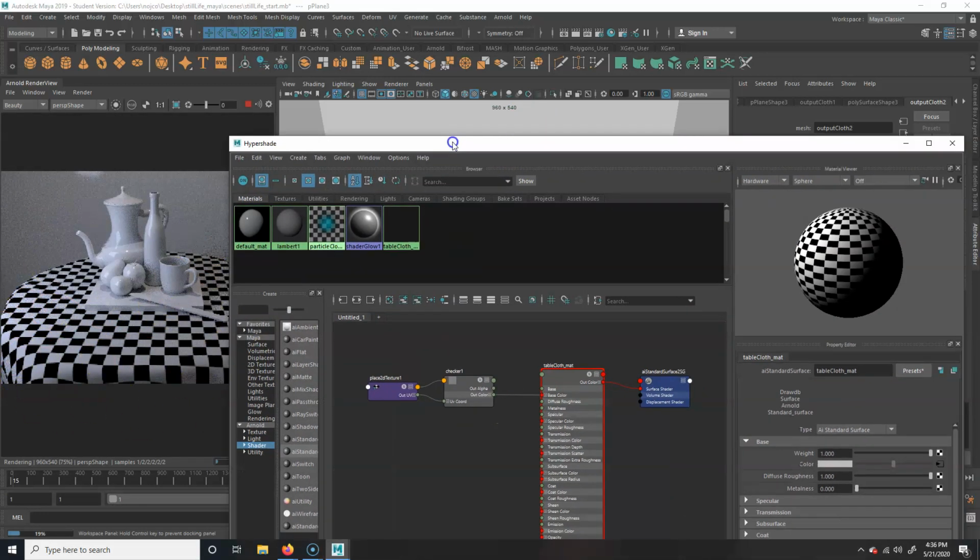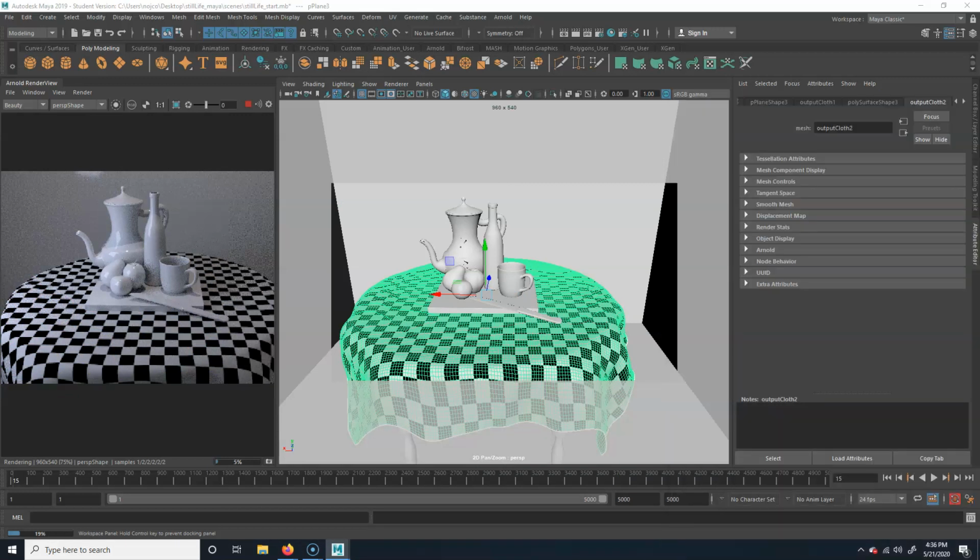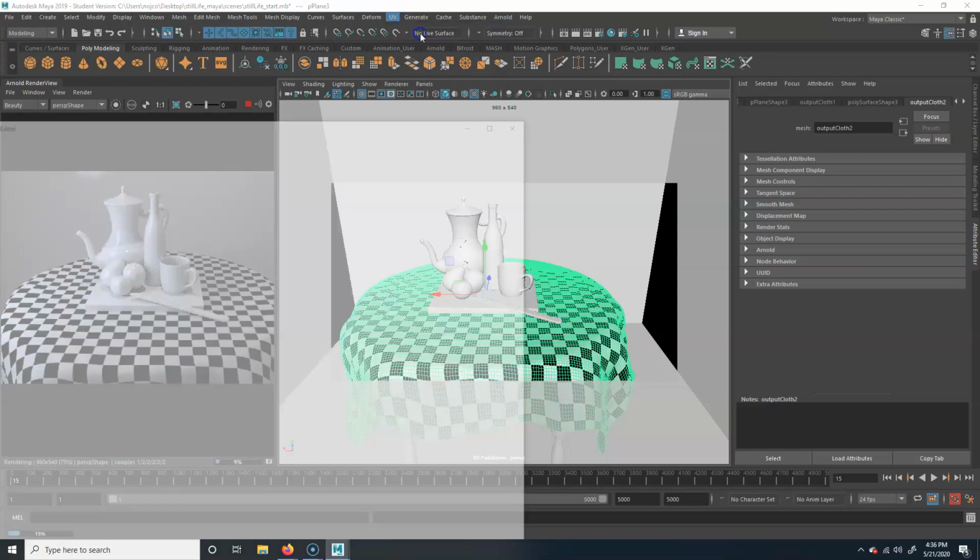Now, one of the things that I noticed, I'm just going to move this over here for a second, is that if you look, see how it's stretched out? I didn't do a great job with the UVs. So with this selected, make sure I'm in the modeling menu set, and I'm just going to go to UV editor,